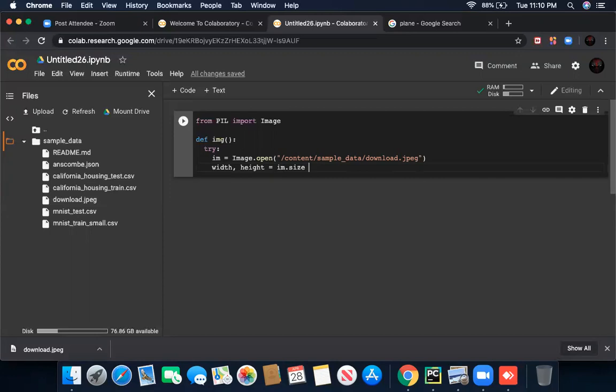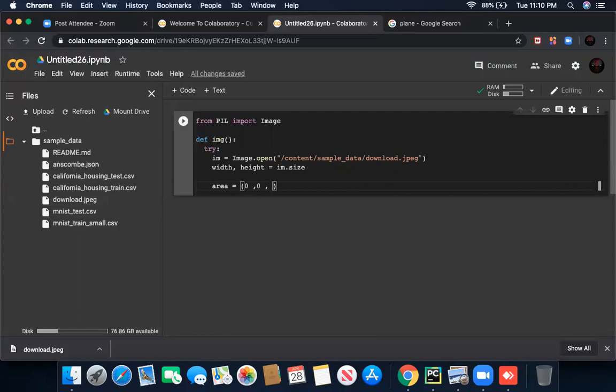Now I'm going to define the area for my image, the area in which I'm going to print it. So area equals to, now I'm going to define the area 0, 0 from the start. So my image is going to start from 0 on the x-axis and 0 on the y-axis.